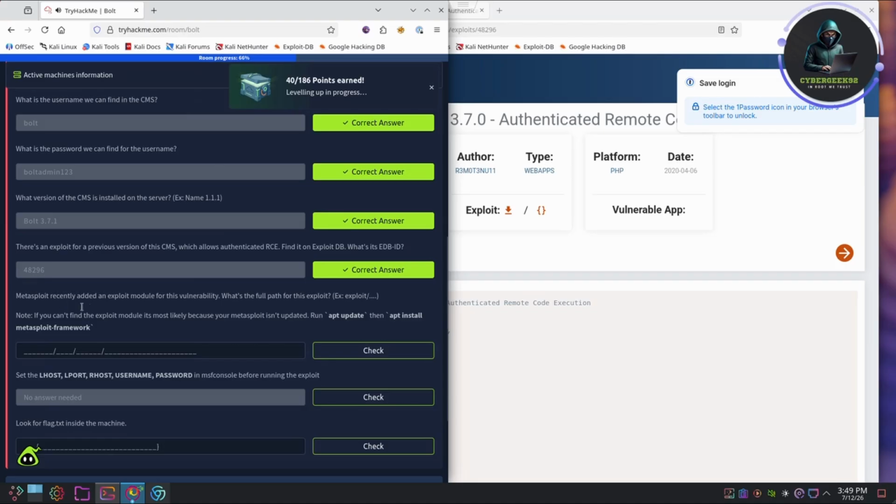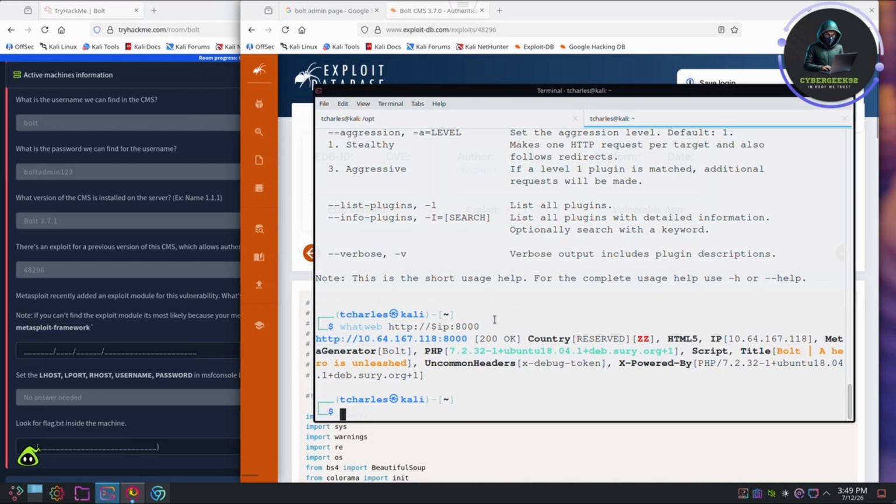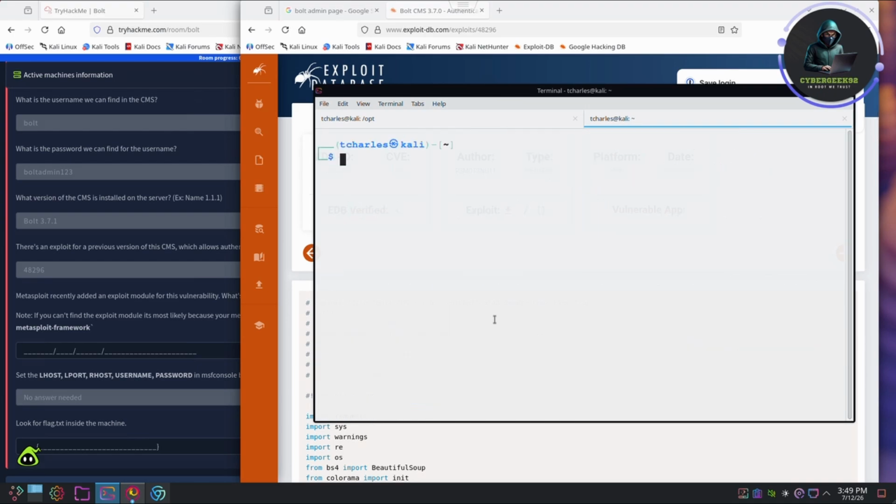So Metasploit recently added an exploit module for this vulnerability. What is the full path for this exploit? I think we could have found this information also over here. We can get rid of this. If we do Searchsploit